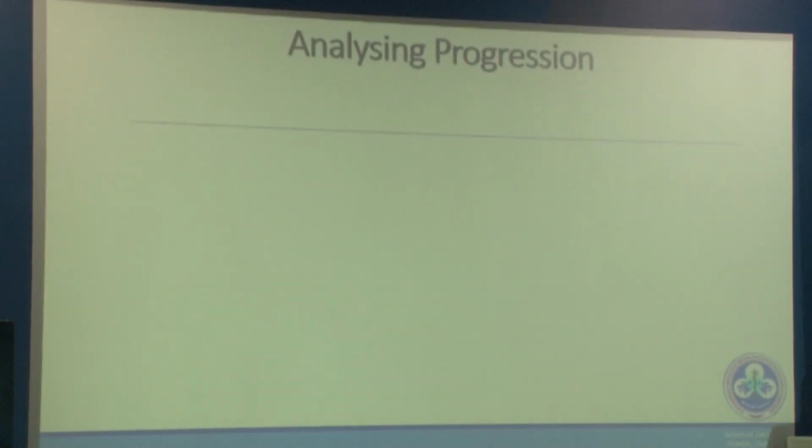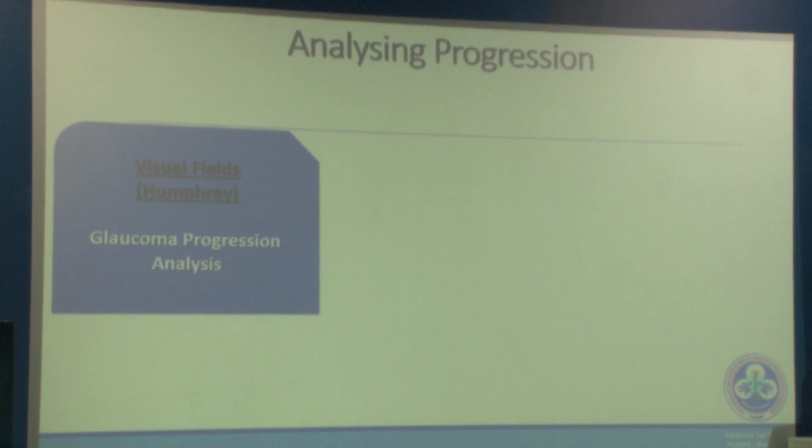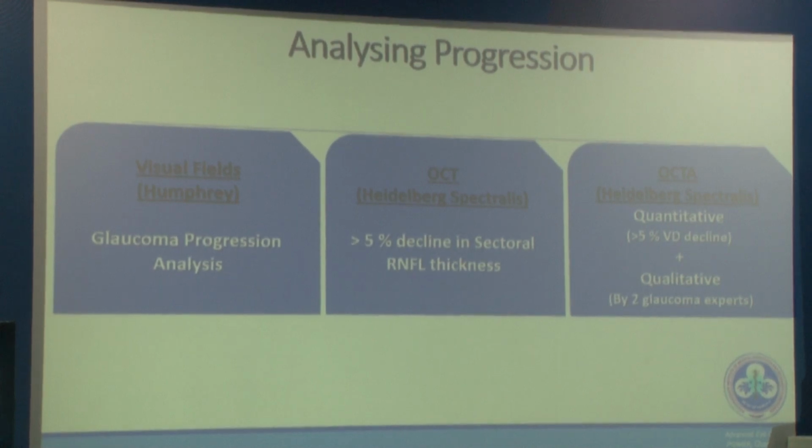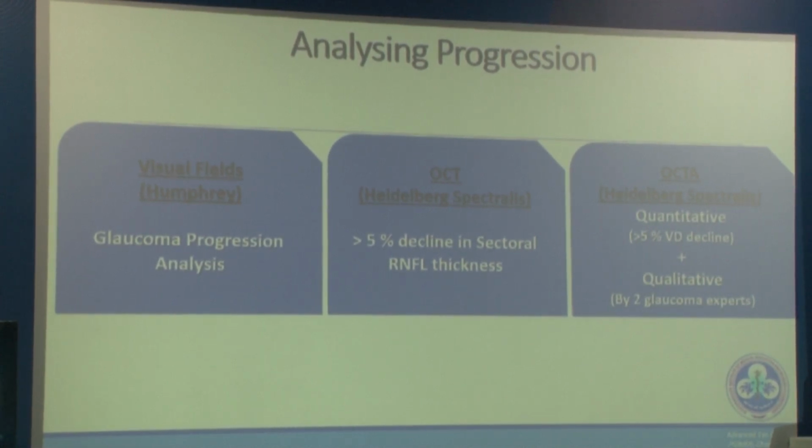So how do we analyze progression? On visual fields, which was done on Humphrey Visual Field Analyzer, glaucoma progression analysis software was used to compute progression. On OCT, more than 5% decline in the sectoral RNFL thickness was considered as progression. And on OCT angiography, which was done in Heidelberg Spectralis, both quantitative as well as qualitative decline was considered as progression. Quantitative when more than 5% vessel density decline was there, and qualitative when assessed by 2 glaucoma experts,